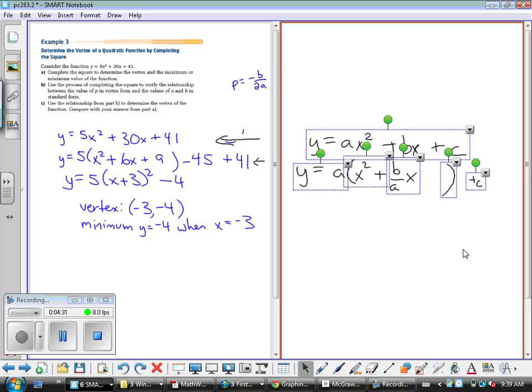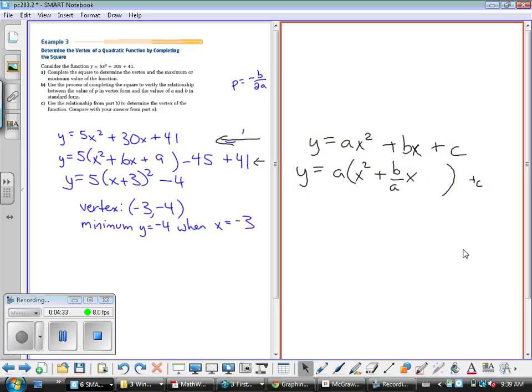Okay, I want it to be lined up. Okay, so yeah, I did that step. I haven't added anything yet. So what do I actually end up adding? Well, what I end up adding is I take